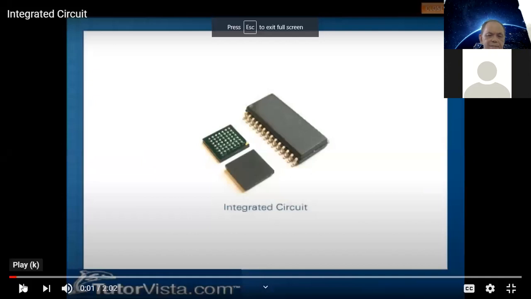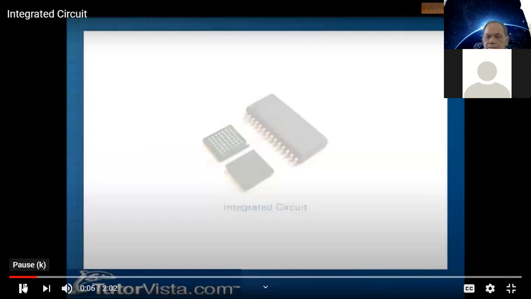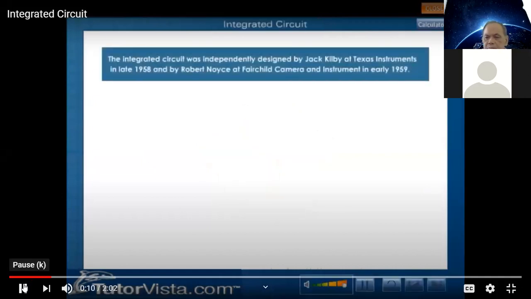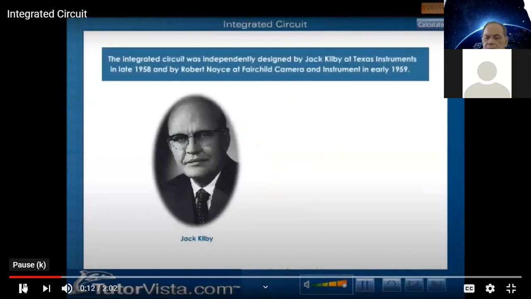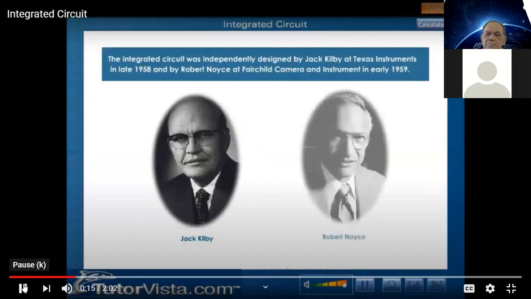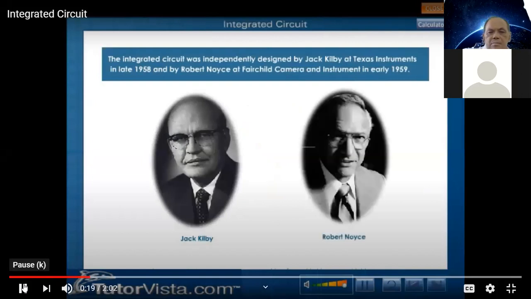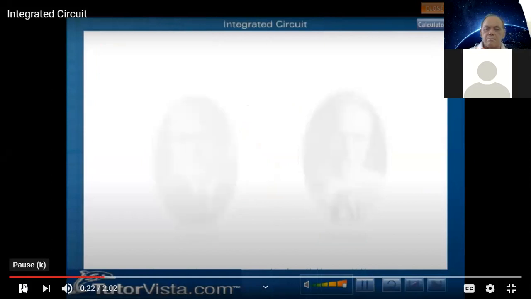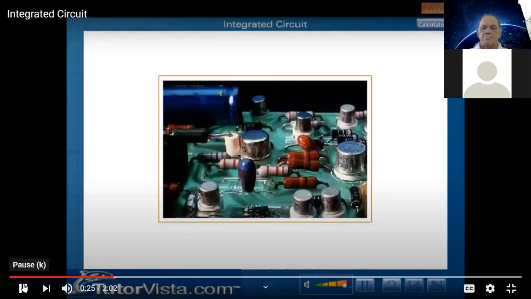Okay, integrated circuit. The integrated circuit was independently designed by Jack Kilby at Texas Instruments in late 1958 and by Robert Noyce at Fairchild Camera and Instrument in early 1959. An integrated circuit is a collection of interconnected transistors, diodes, resistors, and capacitors fabricated on a single piece of silicon